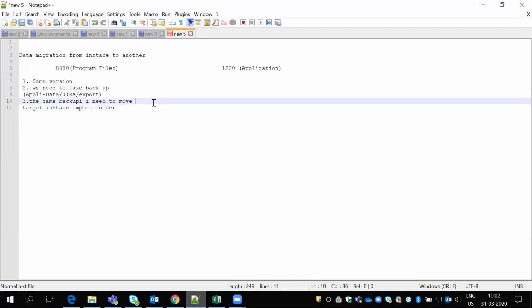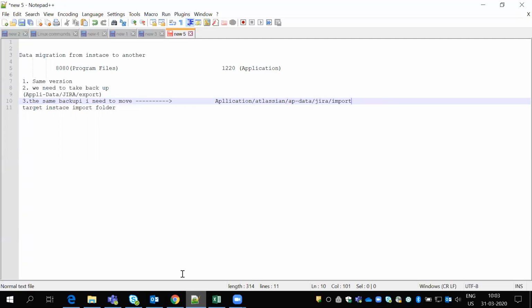The import folder here, in 1220, I have in applications, Atlassian, application data, Jira, import folder. So I need to move the same backups to the target instance import folder.